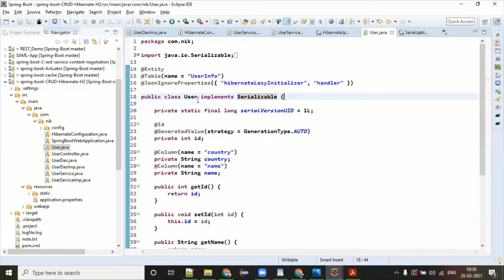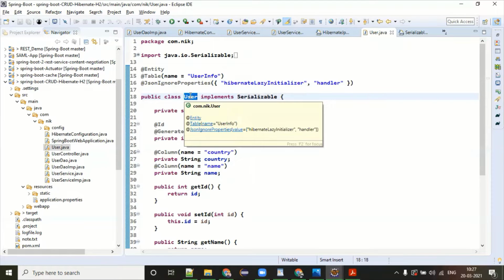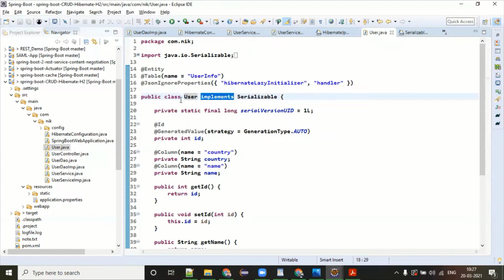And nobody can hack my user class. People are not going to hack our code actually. Code is always sitting in some repository, it is not actually flowing over the network. The only thing flowing over the network is your data. So this is good practice. Whenever you are using Hibernate, whatever Pojo class you have, please implement the Serializable interface.